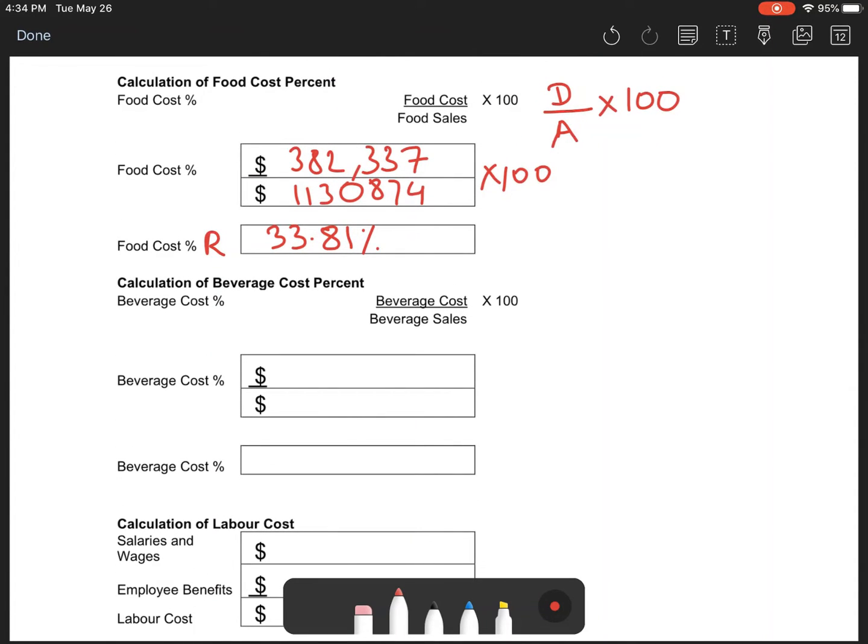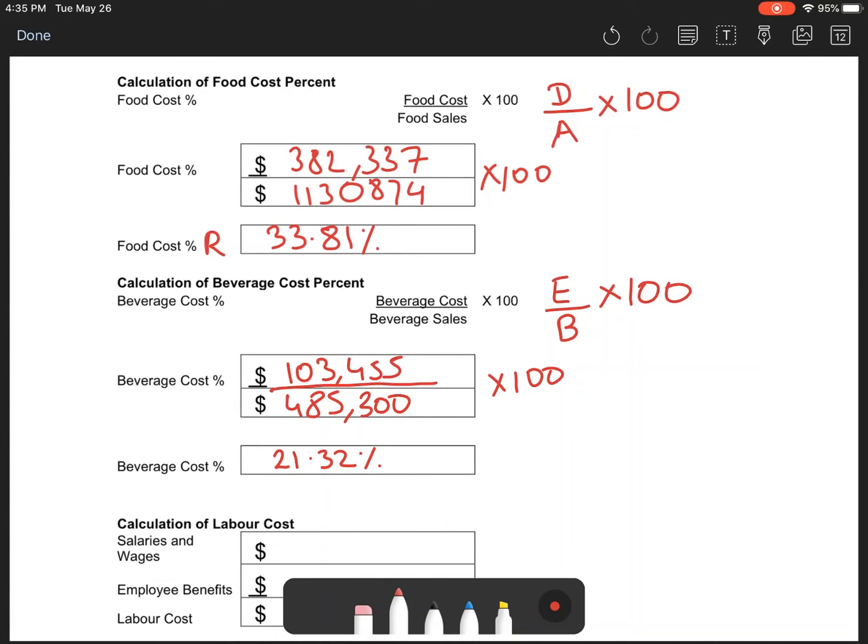Now let's calculate our beverage cost percentage. So the beverage cost percentage is equal to the beverage cost divided by the beverage sales into 100. Like we had the food cost, we also have our beverage cost. The beverage cost is denoted on top earlier as E, divided by beverage sales, which was B, into 100. Let's put the numbers in. So that's 103,455 divided by 485,300 into 100. So we're dividing this number and multiplying it by 100. And in this case, you should get a number of